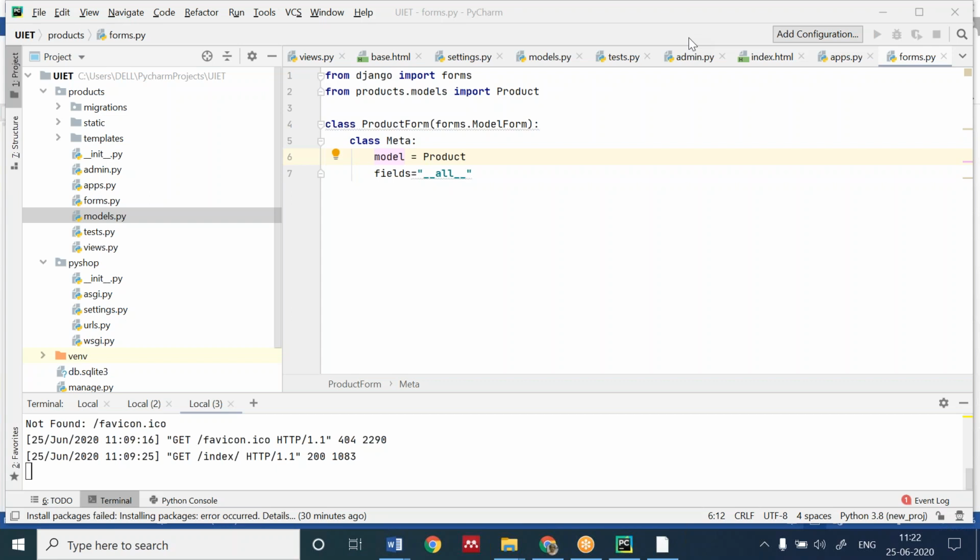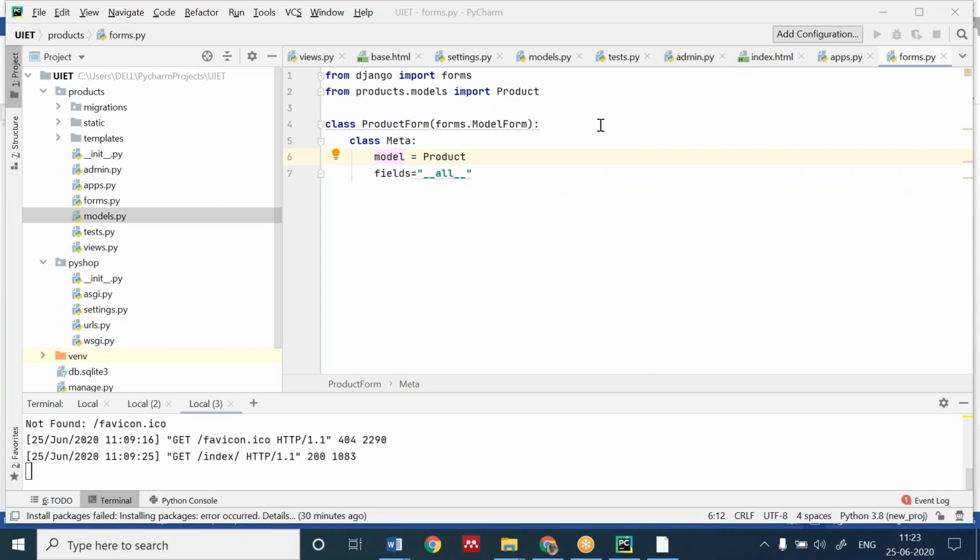Then we have created the models. Okay, hope you are done with that.